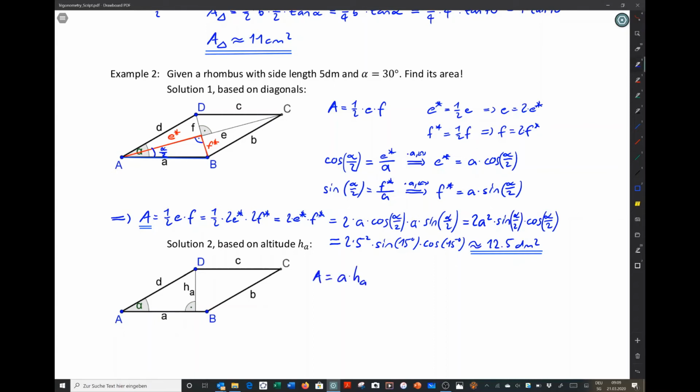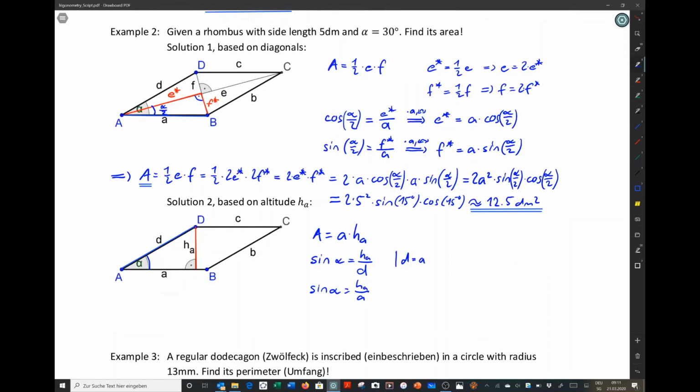The area of a parallelogram is a side times the corresponding altitude, so a times HA. Let us look at this right-angled triangle here. The angle alpha is given, the hypotenuse d is also given since it's the same length as a, so just 5 decimeters. And what we're looking for is the opposite HA, so we need to use the sine. So sine alpha is HA divided by d. d is equal to a, so sine of alpha is HA divided by a. We multiply with a and change sides, and we get HA is a times sine alpha,